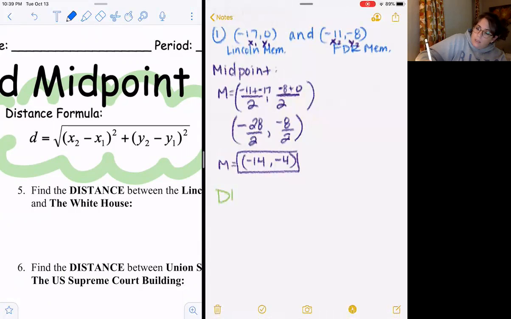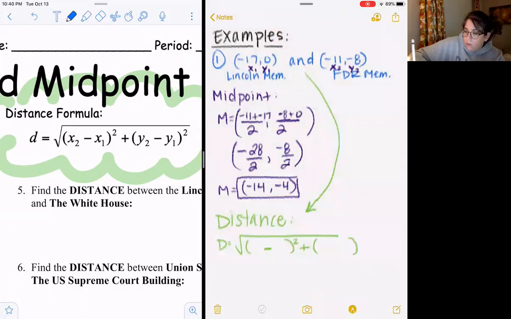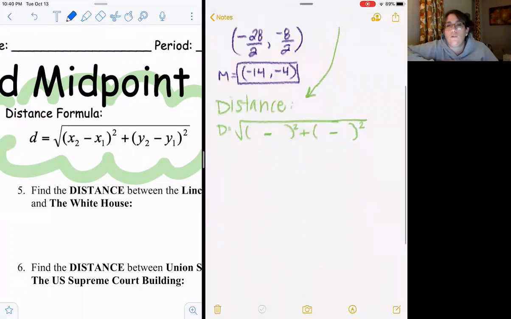The distance between the same 2 places, so we're still doing these same 2, is going to be the square root. You're going to subtract them here, and you're going to add them here. That's kind of the go-to. That's usually what I do to start it. They're always subtracting because finding the distance would be the difference between 2. And it's kind of like the Pythagorean theorem. It really is the Pythagorean theorem, but in a different form. But we're not going to go there.